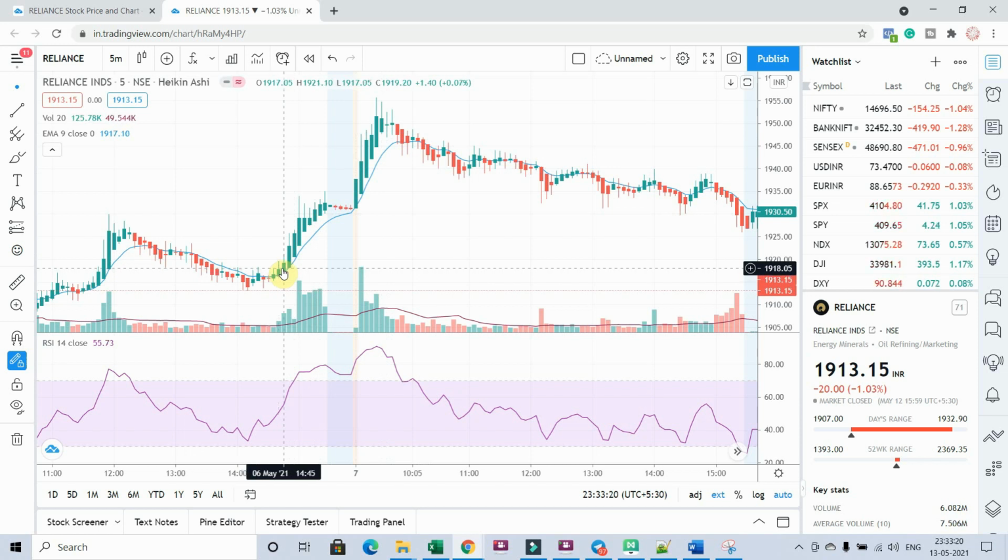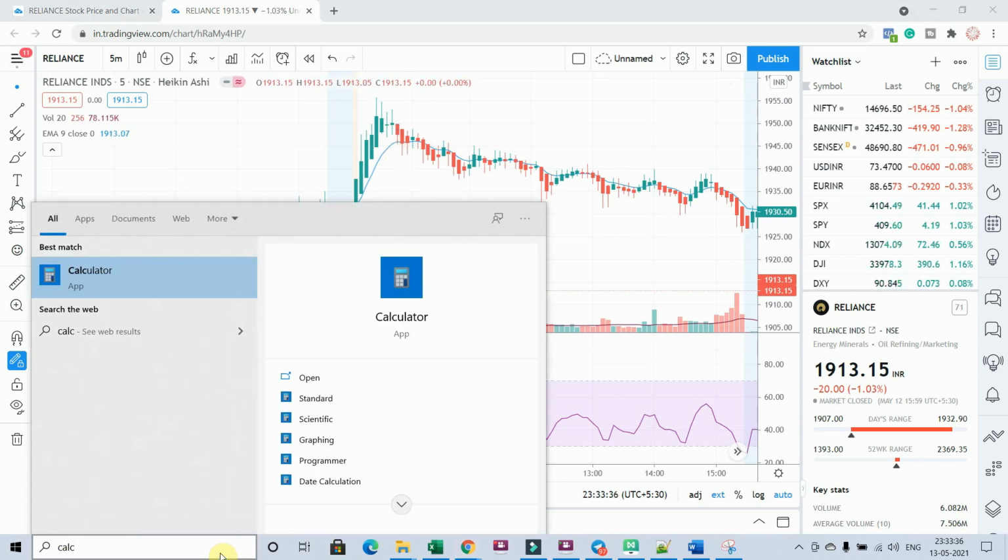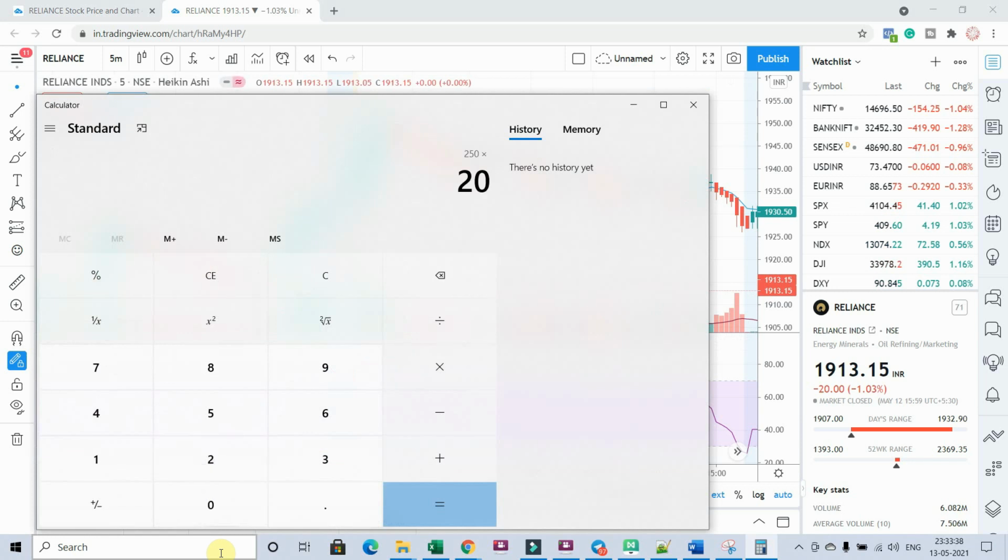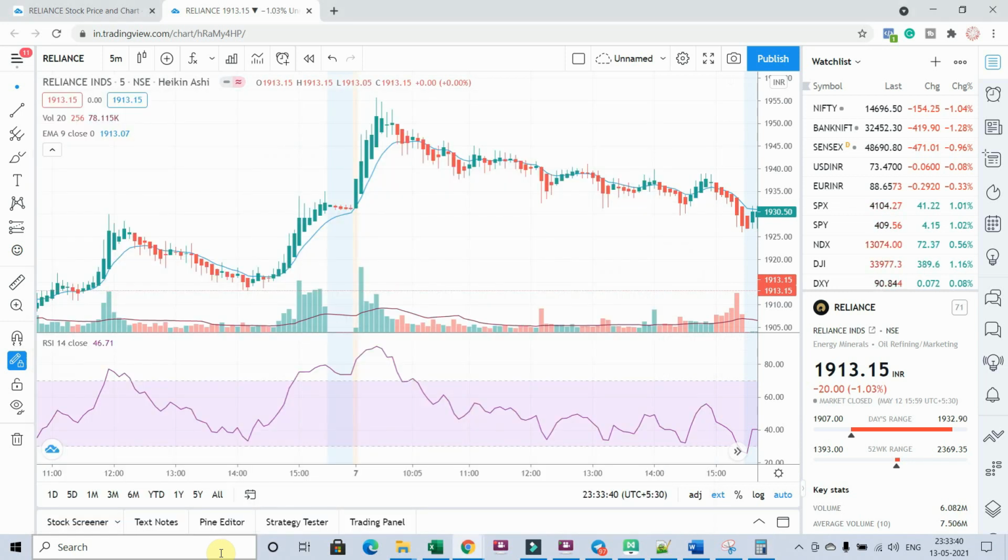But the exit price also will be in the same range. So you would have entered at 1920 and made an exit at approximately 1940. So 20 rupees profit you would have made in Reliance. With a lot size of 250, 20 rupees will give you approximately 5,000 rupees profit. But you will not be waiting till 5,000 rupees. You will be cutting the trade when you make 2,000 or 3,000 rupees profit per lot, which will be somewhere around here.